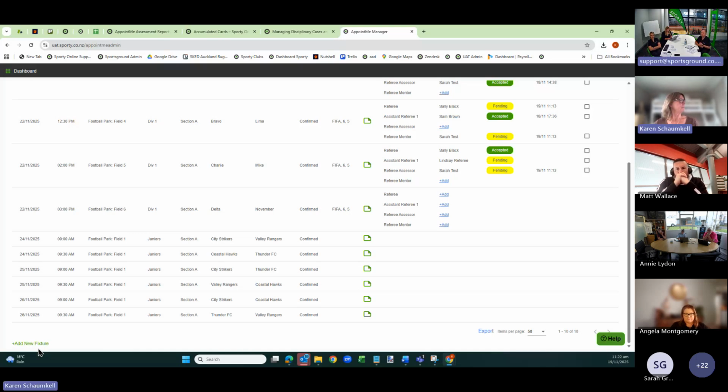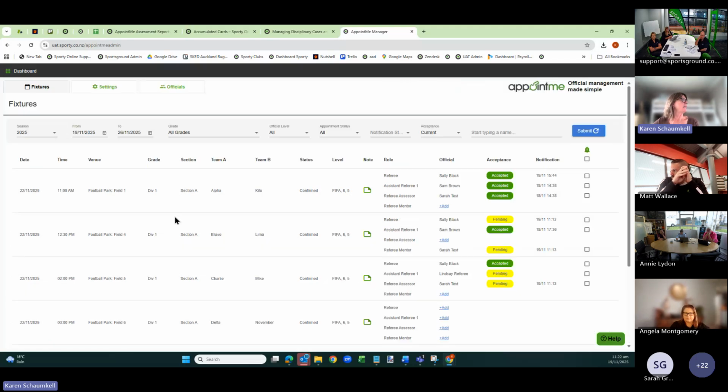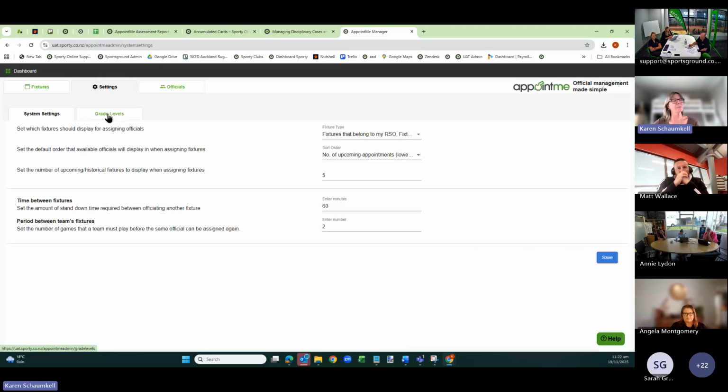Oh, you'll notice that this grade called juniors does not have the ability to assign any roles, any officials to. That's because that grade does not have anything in the settings. So that's like what Sarah was saying before, that it's important that this is all configured when you want to get started.